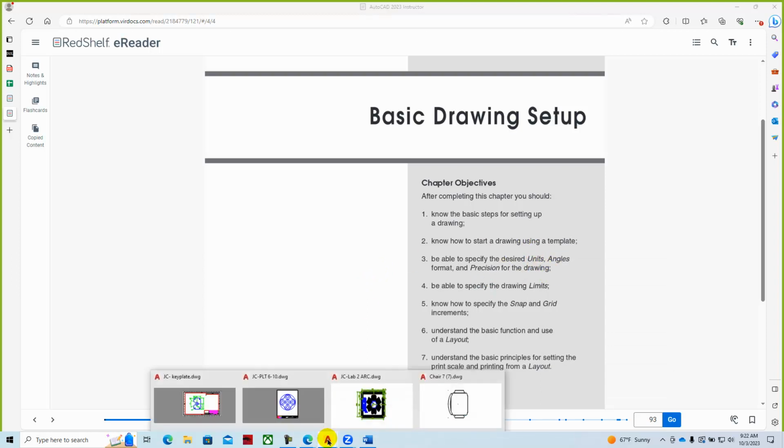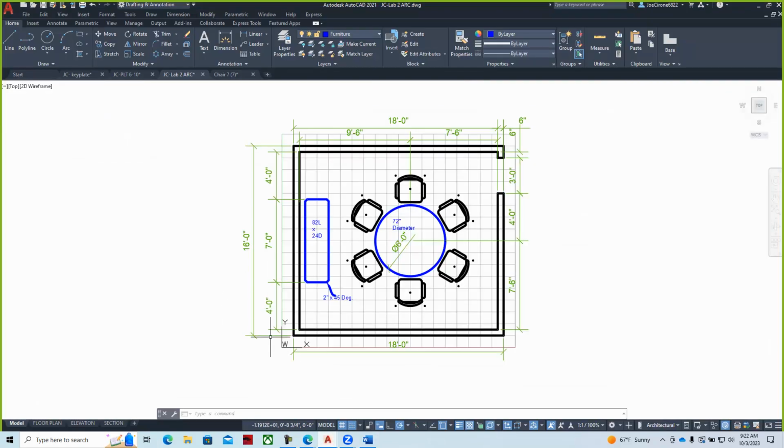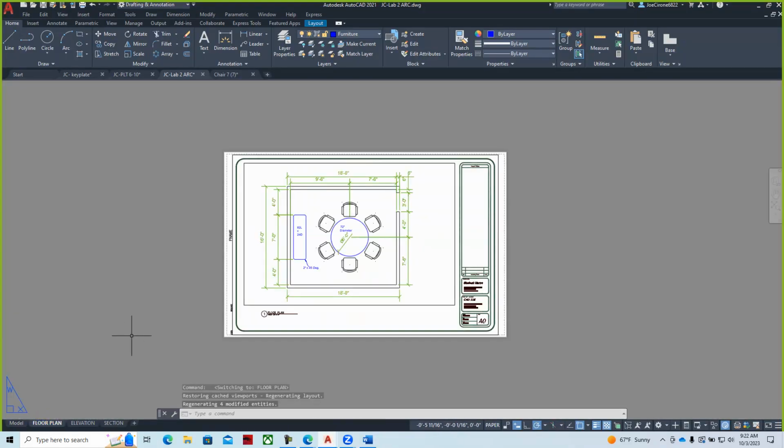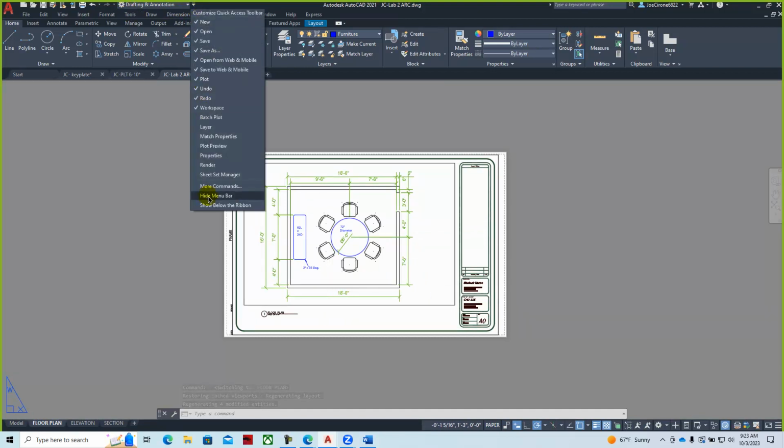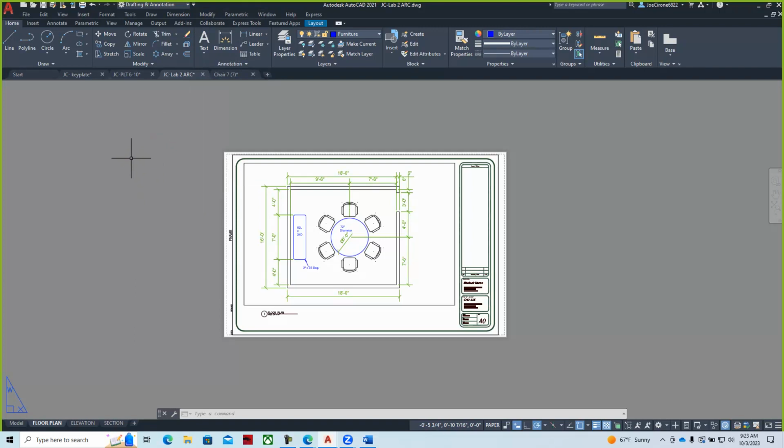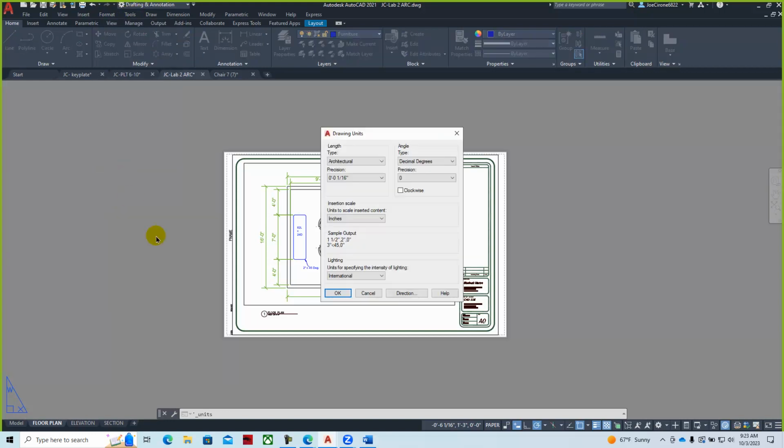When we look at a CAD drawing, here's our architectural drawing, and we look at the floor plan for that. I like to have the menu bar on, so the menu bar is enabled, and you have to know where that little button is to be able to enable it. Then you go to Format, Units, and you can see that this is an architectural drawing. The units are important because when you input feet and inches on an architectural drawing,